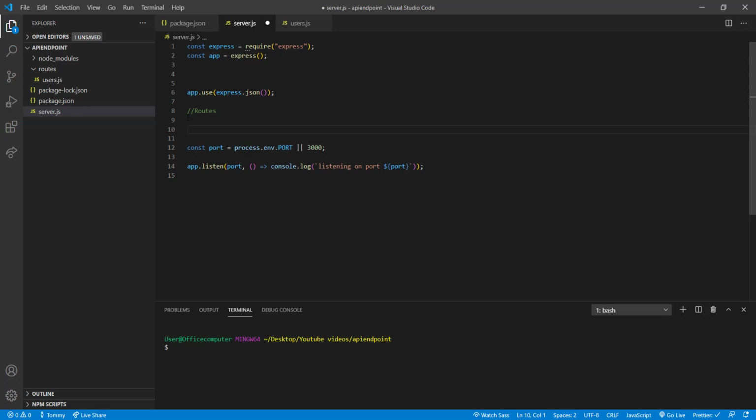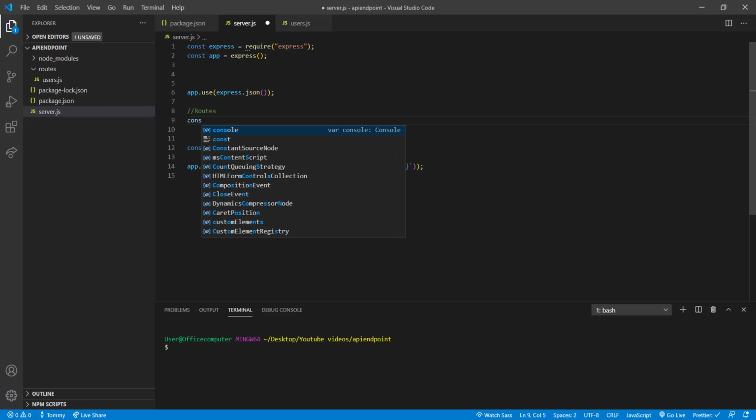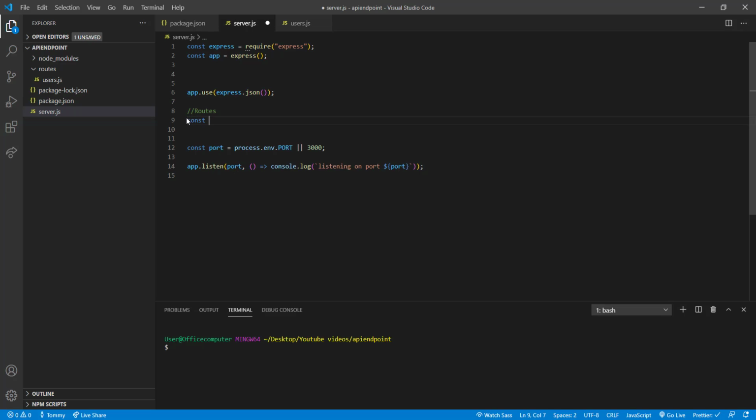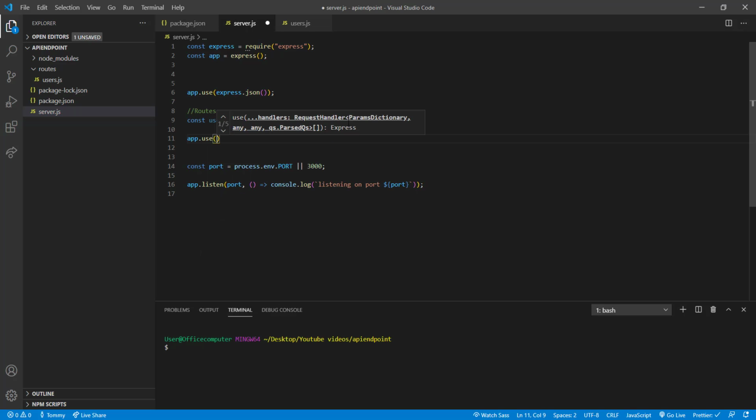In order to tell the server how to access these routes, we're just going to say const, we're going to bring in the route first, const users equals require, and we're just going to go to our users.js file, so /routes/users, and to use that then we say app.use